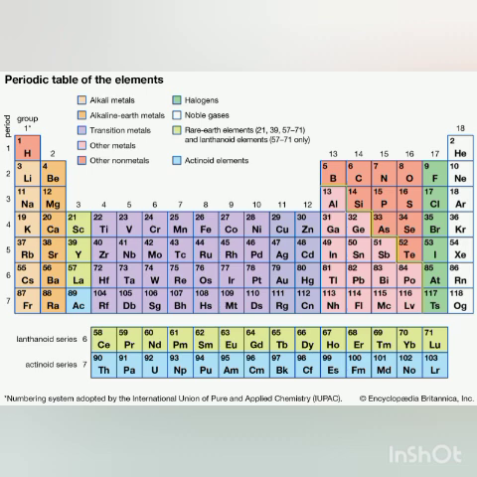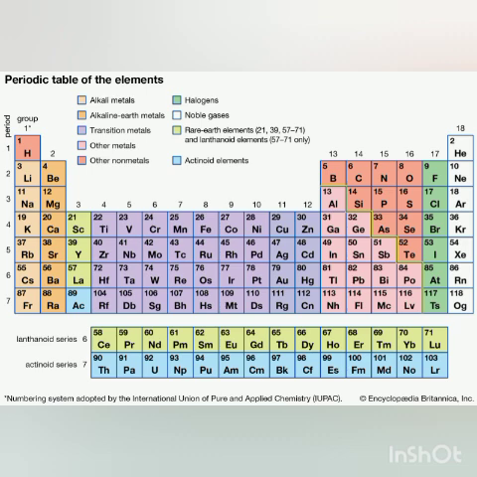So one very important thing in the modern form of the periodic table is that when you arrange it in order of increasing atomic number, the elements of the same group have the same valence electrons, due to which the physical and chemical properties are also the same. Because group 1 elements have the same valence electrons, that is 1, they lose electrons easily in order to attain a stable configuration. The elements which lose electrons are metals, which means that the elements of group 1 are metals. Okay. So that is the first and important thing.